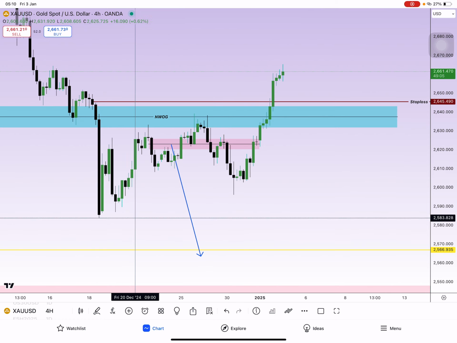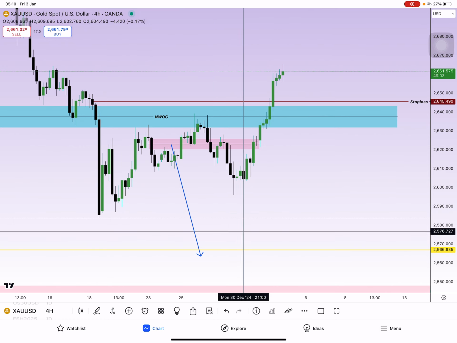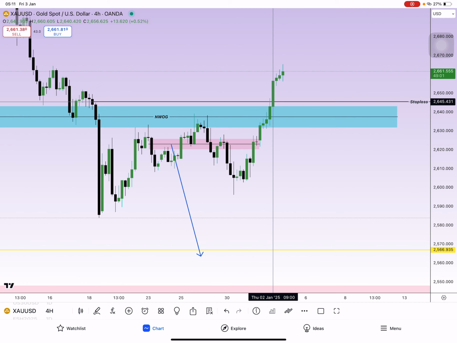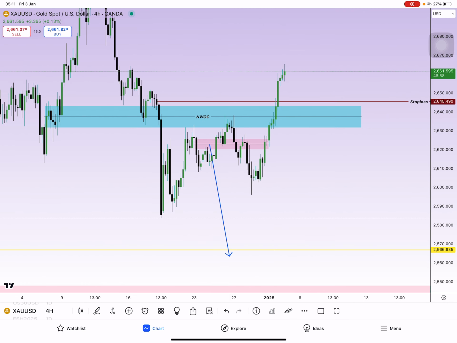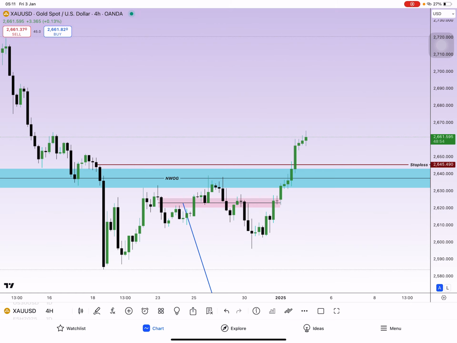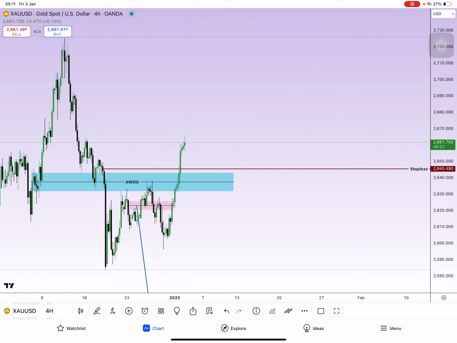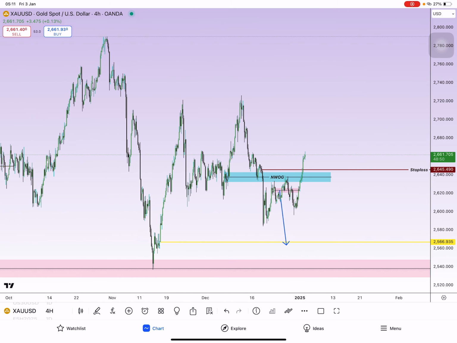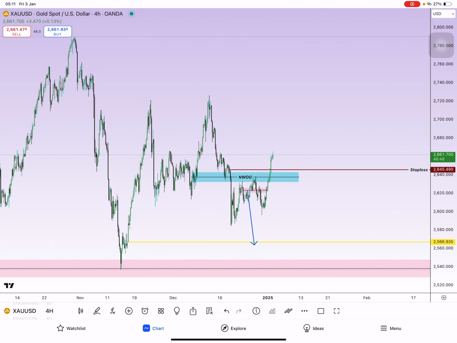I anticipated these lows and then this one, but it went higher and took the stop loss. So this has already gone, and I believe I should not touch it for now, and I will move on